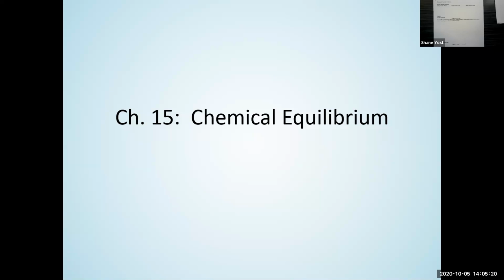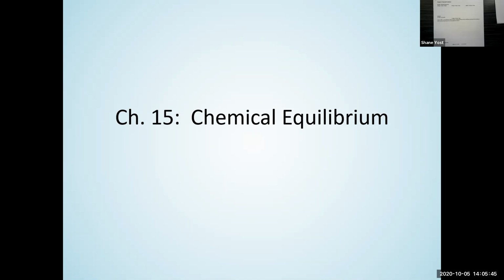And so for a good month or more, we'll be talking about this topic directly in chapter 15, and indirectly even when we talk about acids and bases, weak acids and weak bases, titration and all this other stuff. So chemical equilibrium will be around for a while, basically until we get to thermochemistry and electrochemistry.